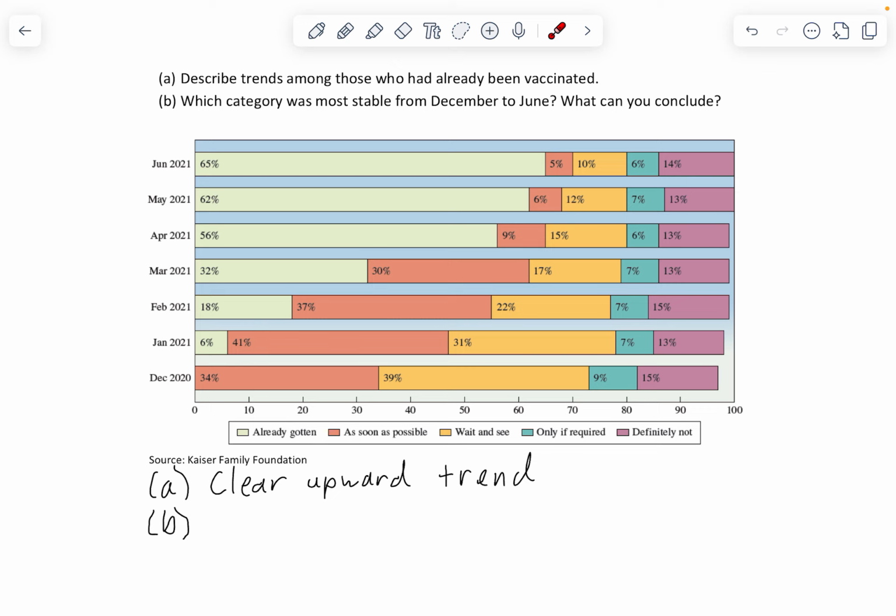You do see some variation in these percents, right? 9%, 7%, 6%. Over here we vary between 15, 13, 14. That little bit of variation does not necessarily suggest changes in opinion, but it can more likely be attributed to just random sampling error. Because anytime you're dealing with a sample instead of an entire population, you'll see some variation that exists just due to the randomness of the fact that we're not using a complete entire population to represent our data set. Okay. So we might just say here